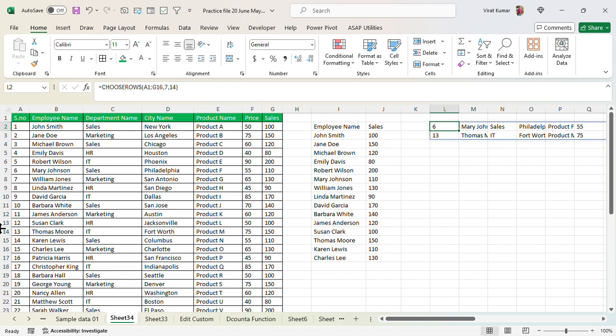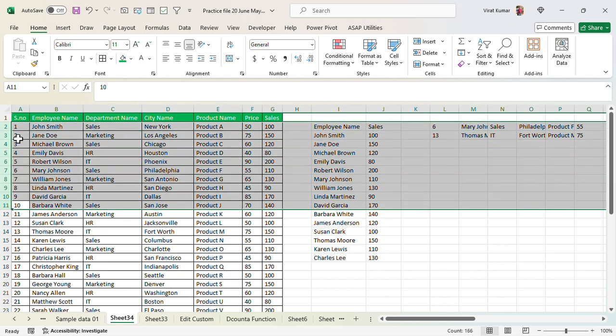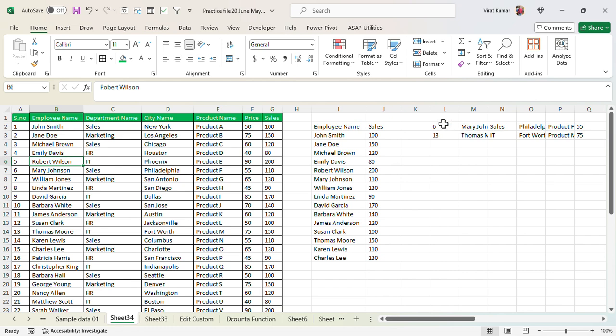So here you can see 6 and 13 are different because we already added the serial number, but the function is taking it from this parameter. Okay, so there is a little difference we can see, but your data is perfectly here. So 7 and we chose 14. So 14 Thomas, and you can see.